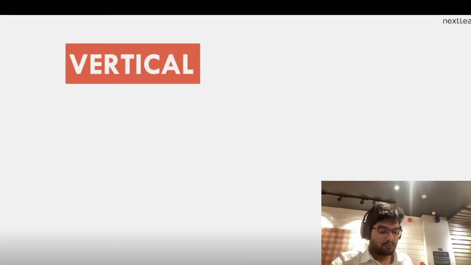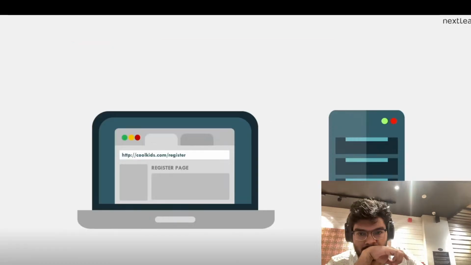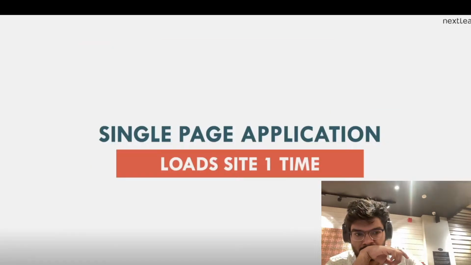When you're scaling an architecture, or rather a backend, there are two types of scaling. The first is vertical. Vertical scaling means that you are scaling by adding more power, i.e. CPU, this will be someone and renders it onto the browser. This happens in HTML web code to its own